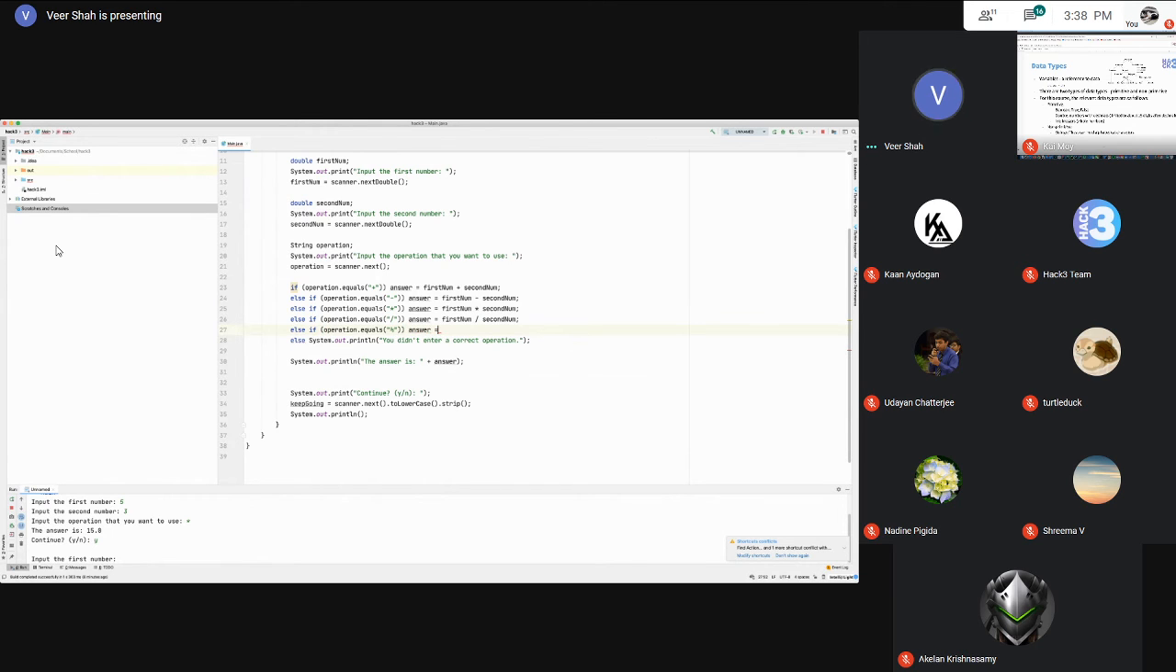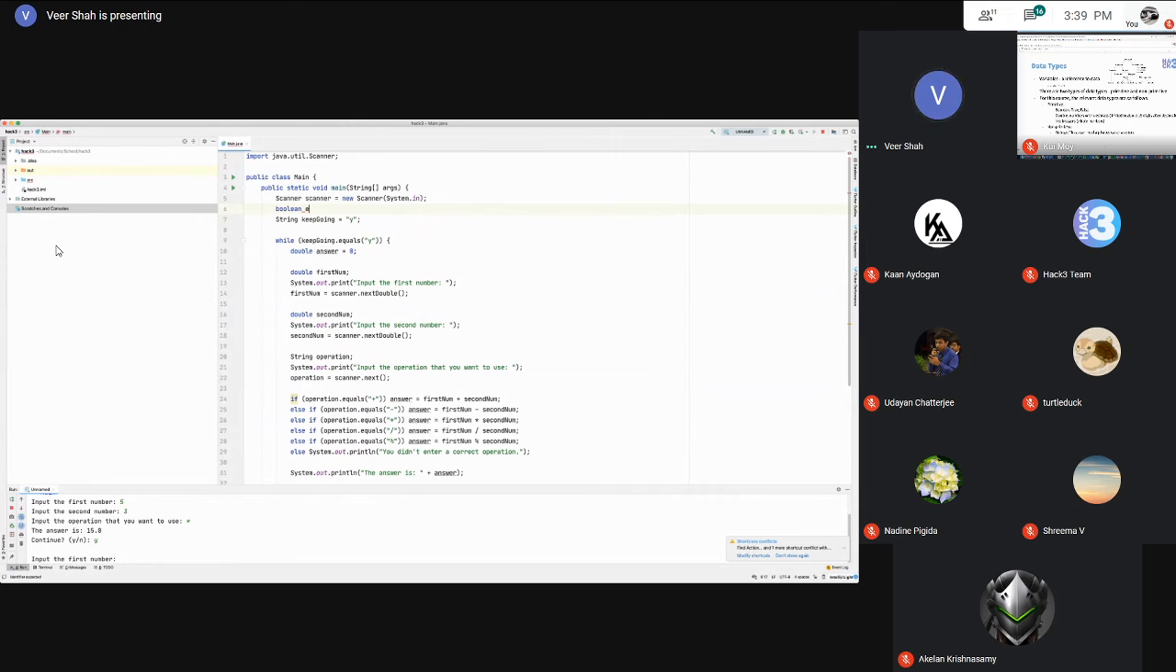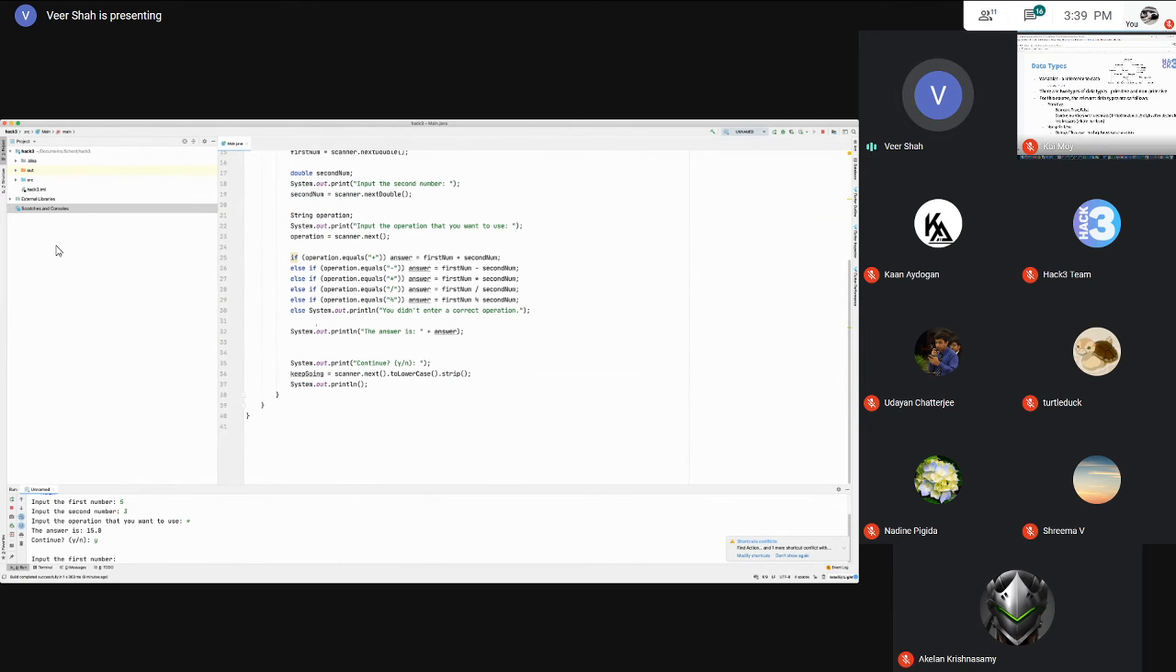Then we could do answer equals first number modulus second number. Another way we could handle this error is at the top we can set a new boolean. We could do a boolean error equals false, because at the start of the program there's not going to be any error. And so in this case I can make this else statement. I can say you didn't enter a correct operation. I can make error equal to true,